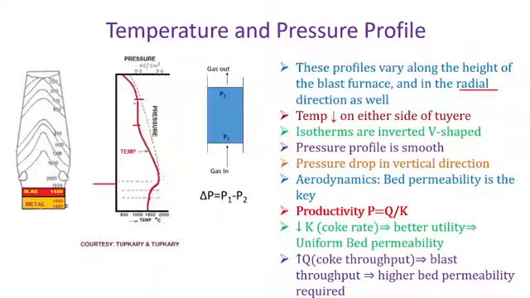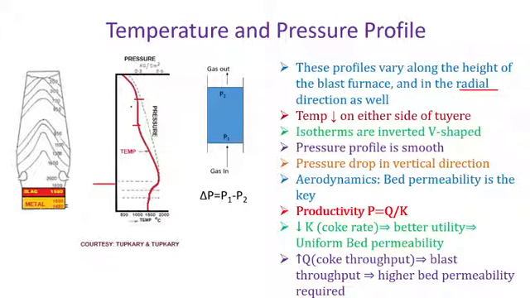As we go from the tuyere to the top, the temperature decreases, and as we go down, the temperature also decreases. In the stack region, there is a straight, vertical line. That means that with a change in height of the blast furnace, the temperature is constant. In other words, there is no variation of temperature, which is called the thermal reserve zone. We will discuss it later in this lecture.